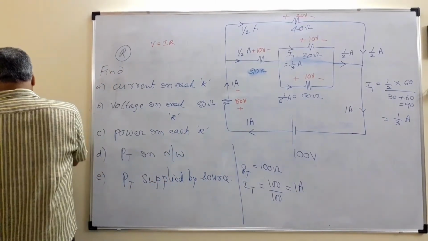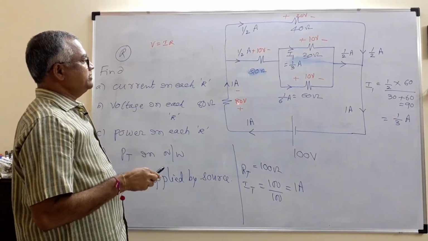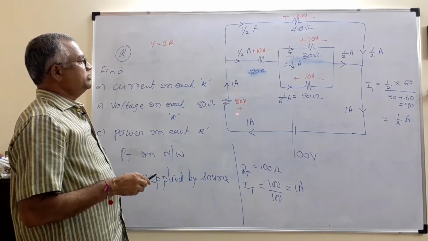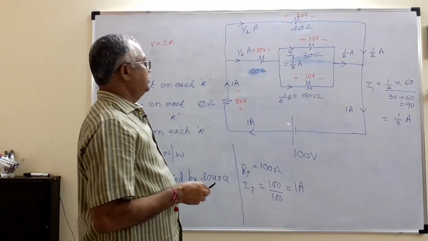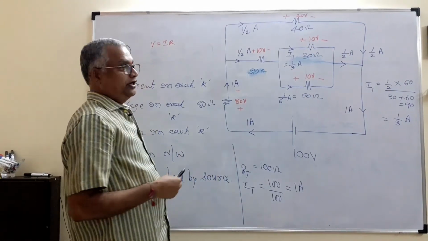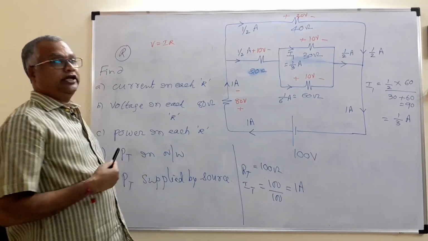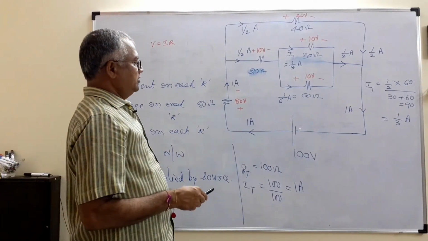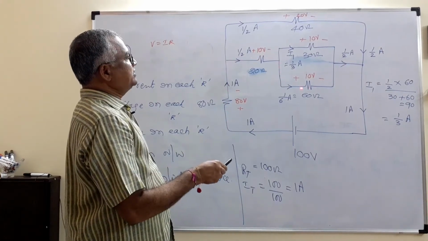Don't make this mistake. If you add these voltages, 80 plus 10 plus 10 plus 10 plus 20, how much is the total? It is not 100, it will be more than 100. So you get a fundamental doubt. Applied is 100, how come you got more than 100? You should not apply it like that first of all. Why? This 100 is equal to 80 plus 10 plus 10.